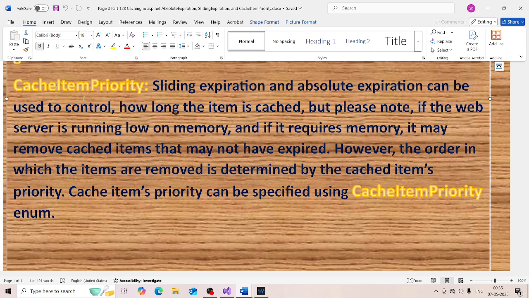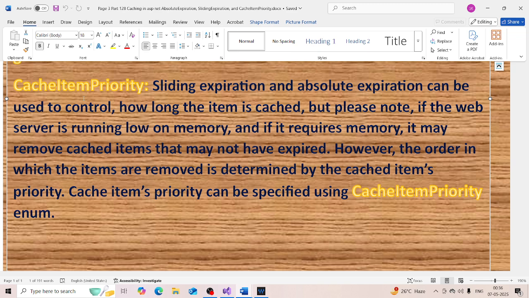But keep in mind, anytime the web server is running low on memory, and if it requires more memory, it may remove cached items that may not have expired. However, the order in which these items are removed from the cache is determined by cache item priority, and we specify